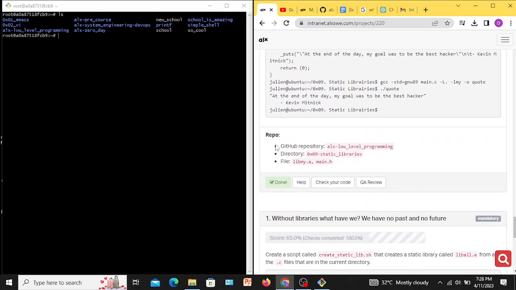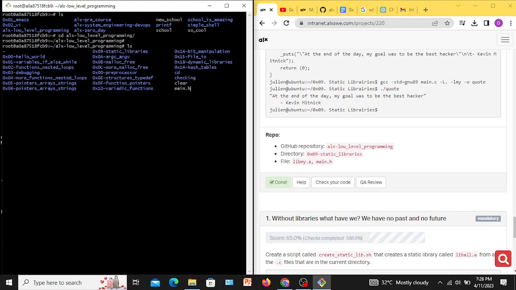It's here. You need to cd into this repo, ALX low level programming. You need to cd into the repo that you already created. So we cd into ALX low level programming here. Once this is done, let's ls and see what we have in there. So here we are. The next thing you do after you cd into the ALX low level programming is to